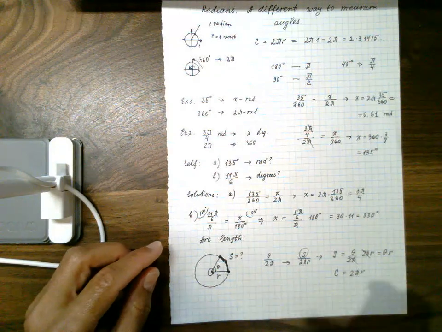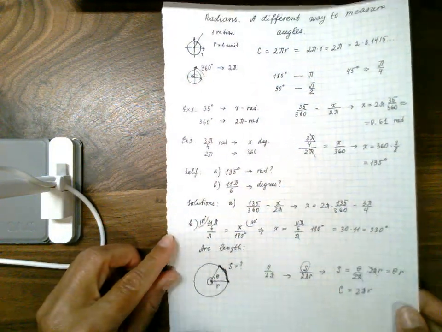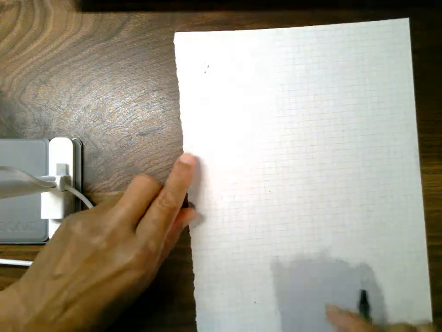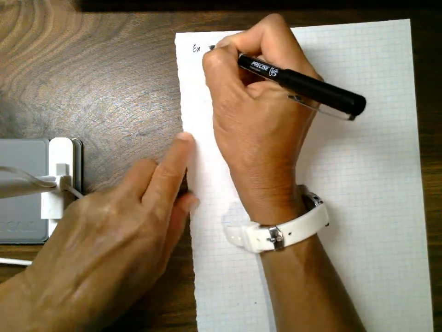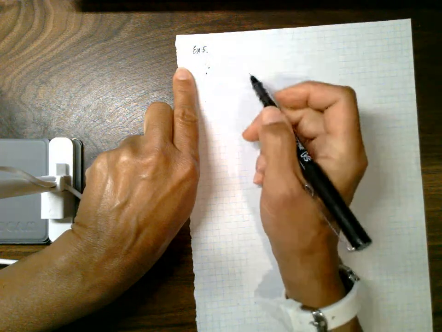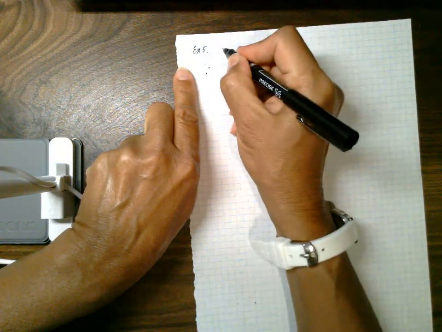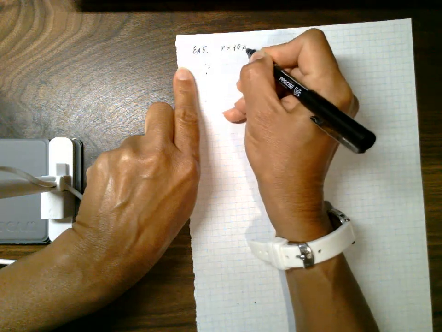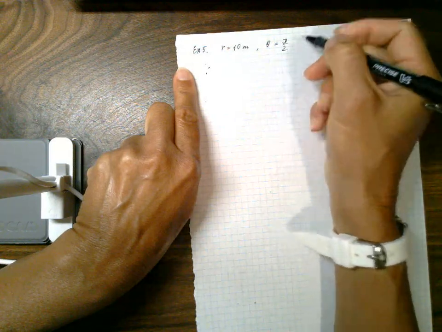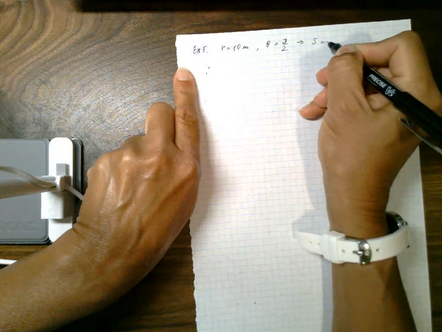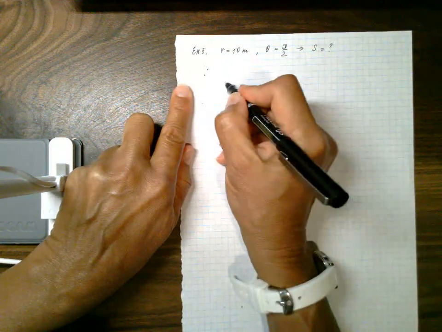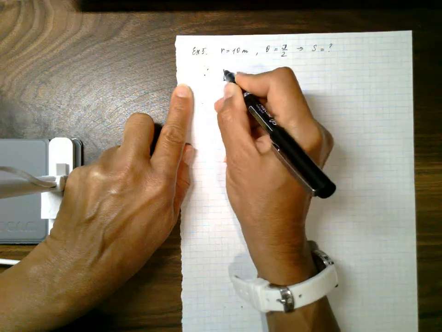Let's consider an example. I think I'm going to change the page and use a different page to do the example. So, I think that's going to be example number 5. Let's consider the arc with radius equals 10 meters, and theta equals pi over 2. And the question is, what is s? What is the arc length? Well, I'm going to draw the picture. The picture is going to be a circle,